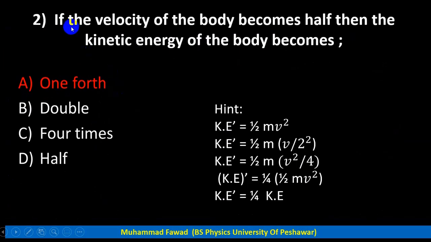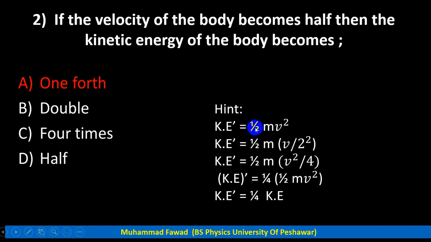दूसरा MCQ है: if the velocity of the body becomes half, then the kinetic energy of the body becomes 1/4, double, 4 times or half. अगर एक बॉडी की वेलोसिटी को हम हाफ कर दें तो इसके काइनेटिक एनर्जी पर क्या असर पड़ेगा।